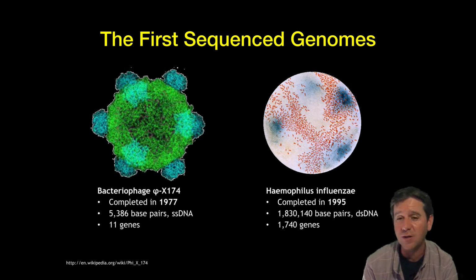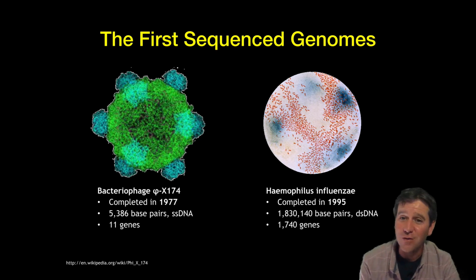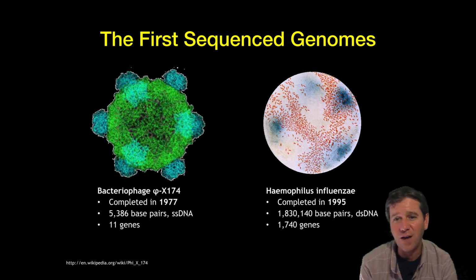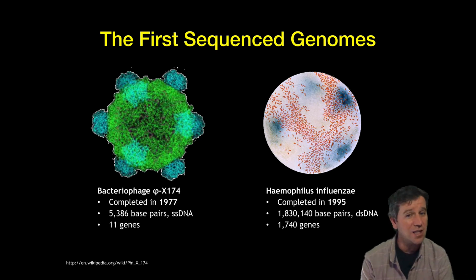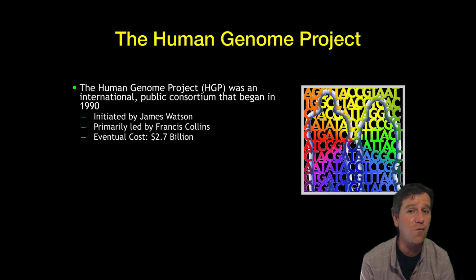Phi-X, for example, a bacteriophage, completed back in 1977. It had 5,386 base pairs of single-stranded DNA, only 11 genes. And the second here, Haemophilus influenzae, that I'm showing, completed in 1995. It had under 2 million base pairs of double-stranded DNA this time, about 1,740 genes. Notice the date here, 1995, so keep that in mind, because before that was finished, in 1990, the